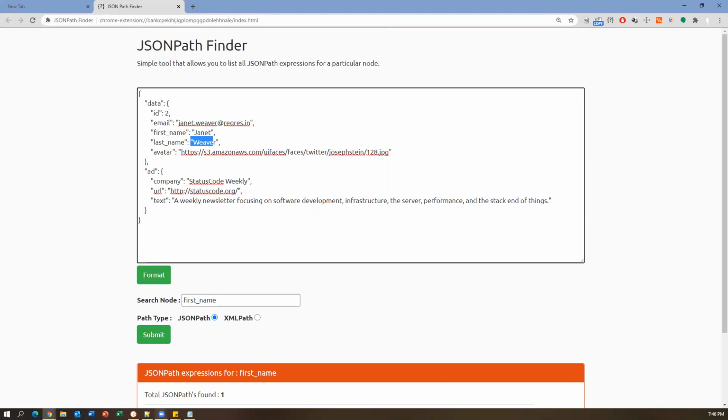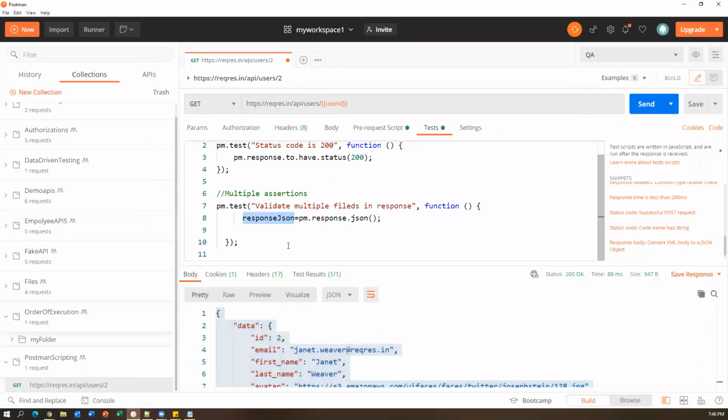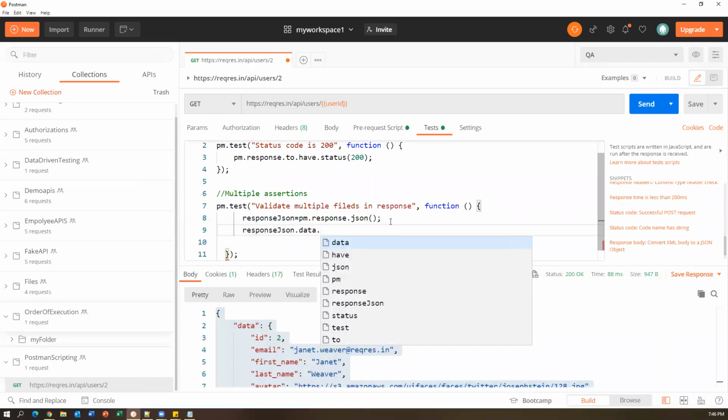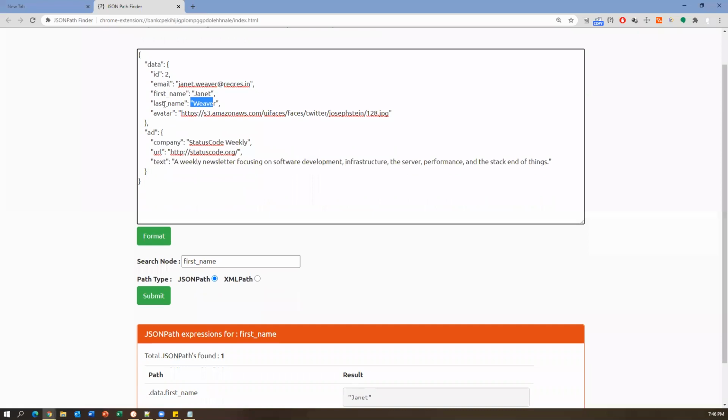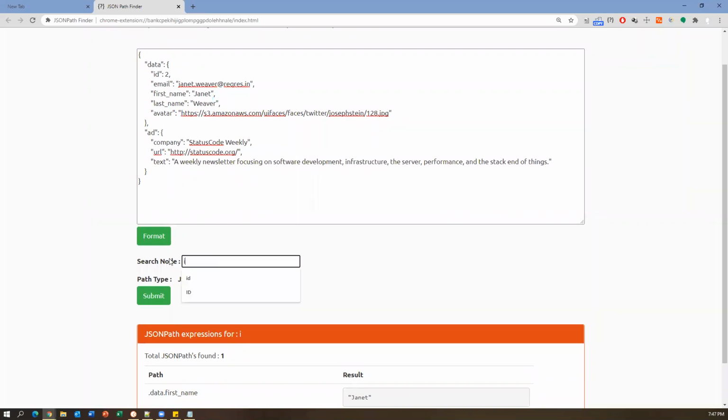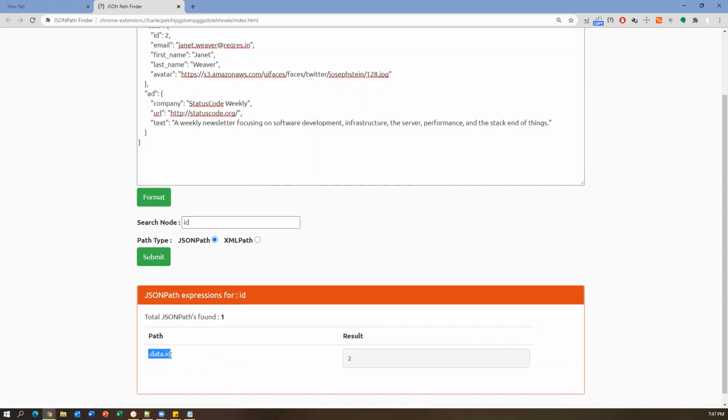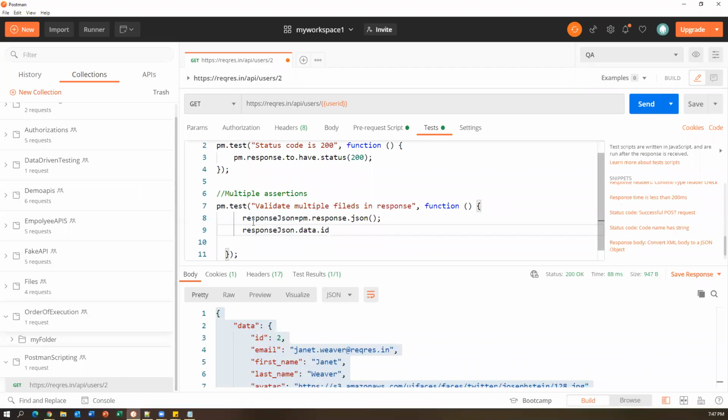All right, so now what I will do is just go to the Postman tool. I already got the response, and from this response, if I want to get the ID, what is the JSON path for ID? data.id. And this data.id we need to capture from the JSON response. Whatever JSON response we got in this variable, from that I'm capturing data.id. And this ID we have to compare with our expected ID. So we need to write an assertion like this,